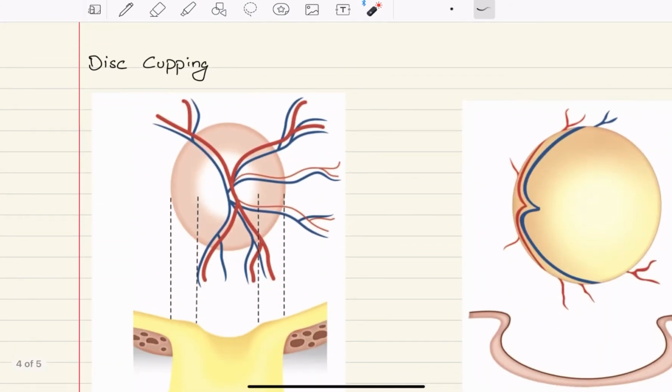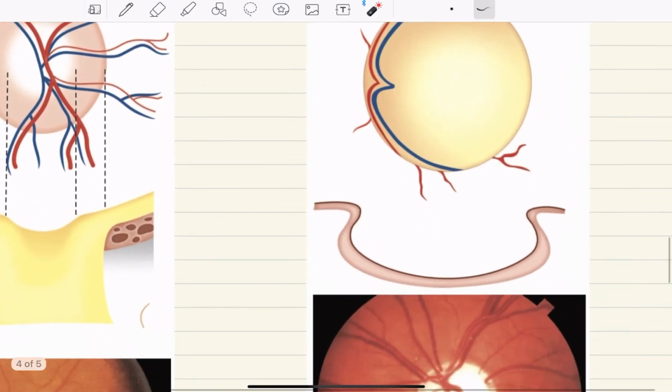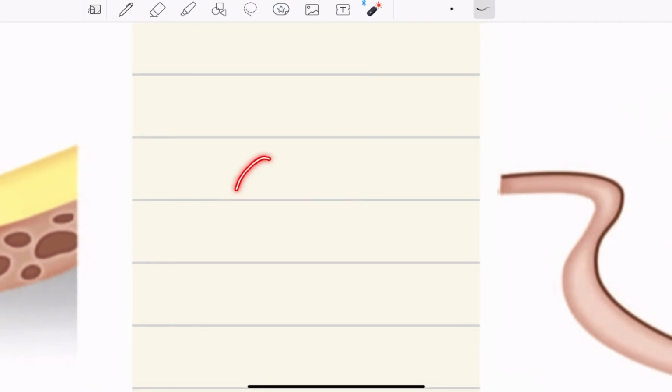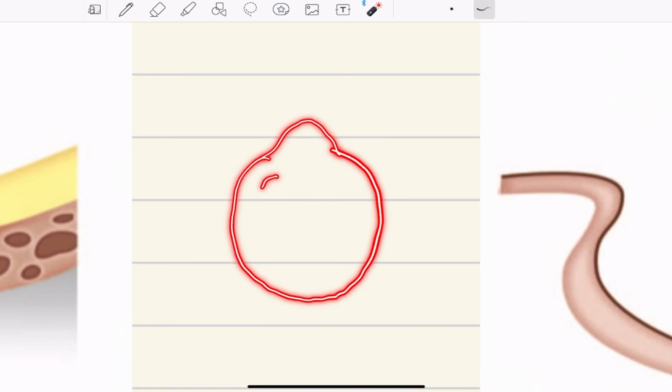Now let's talk about one of the characteristic features of glaucoma, which is disc cupping. Before really talking about this, let me draw a very rough sketch of the eye. So this is the eye, and this is the cornea. We know that the inner layer of the eye is lined by